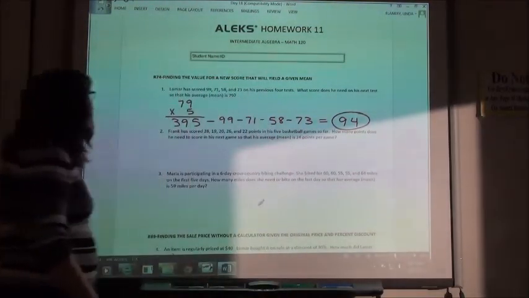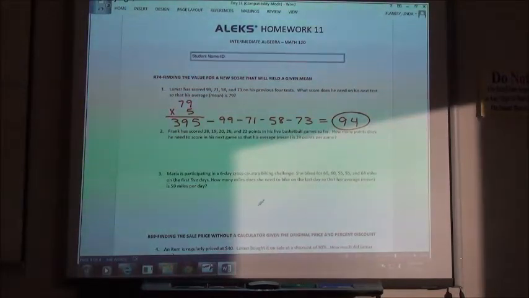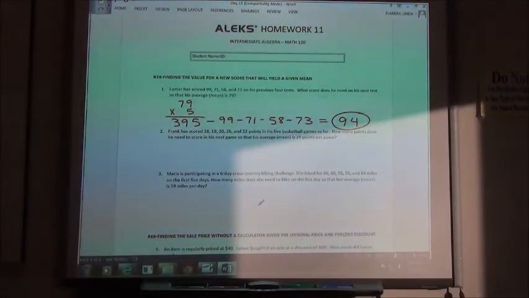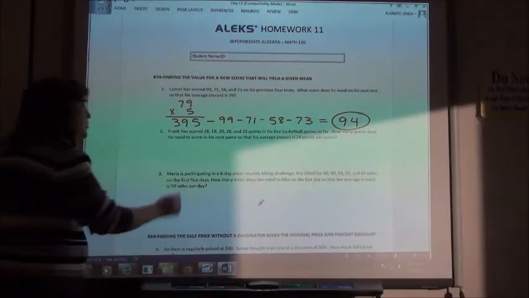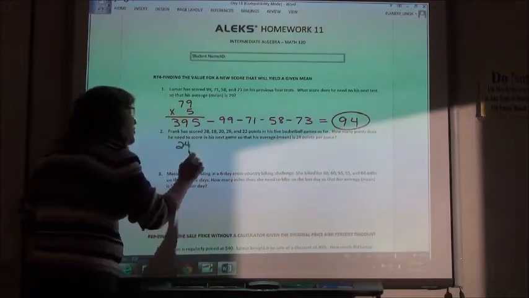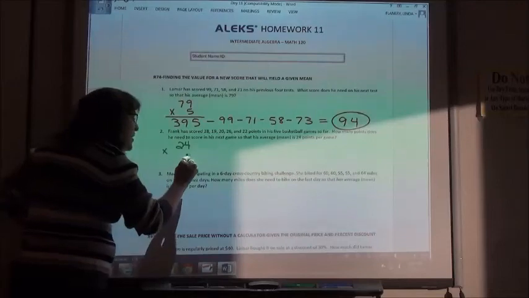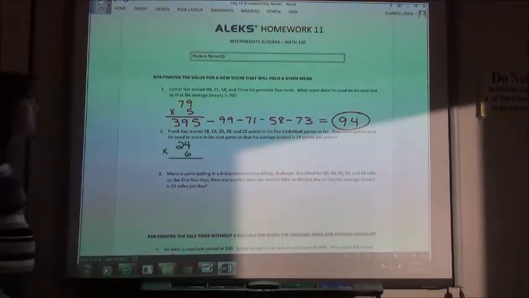So the second one there, Frank has scored a 28, 21, 20, 26, and 22 points in his 5 basketball games so far. How many points does he need to score in his next game so that his average or mean is 24 points a game? So again, if my average is going to be 24, it's like I have 24 points on every game. He's played 5 games so far, but he's going to play a 6th one because he's going to play one more. So if you multiply 24 by 6, you would get